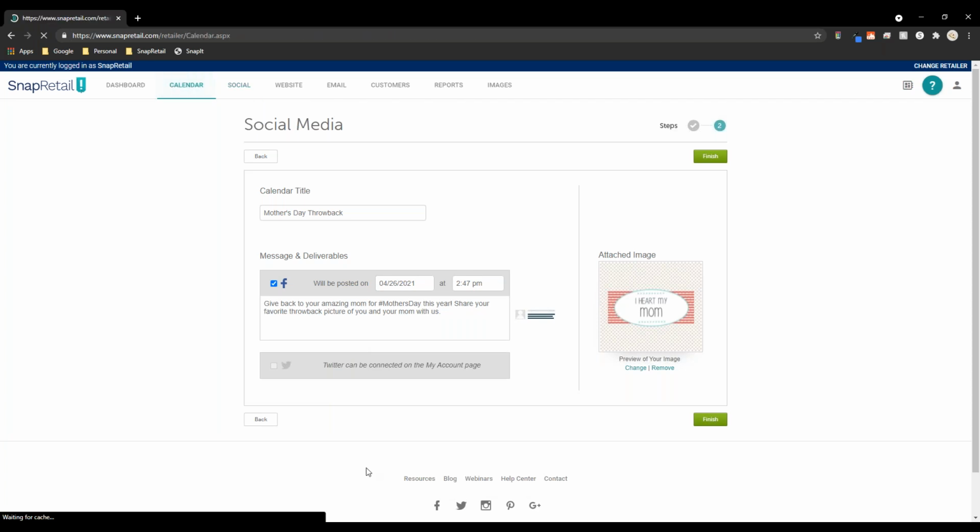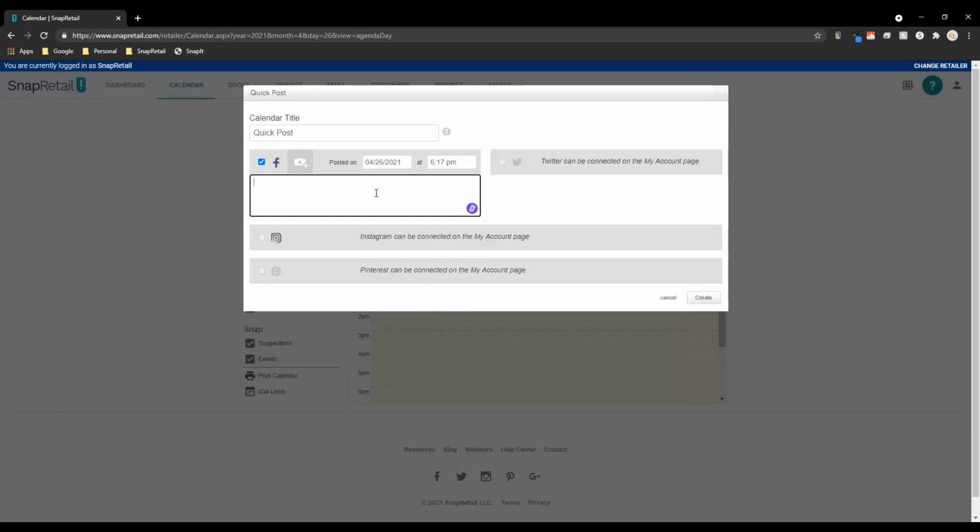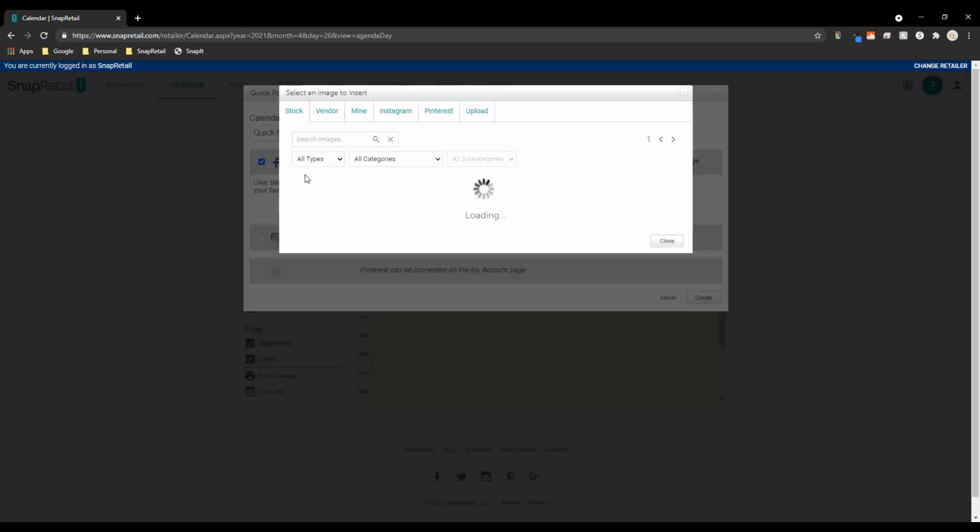I could go to the calendar. I could create a quick social post, and then I could simply paste it in here. Now, I don't even have to edit this. I can paste it as is. I only have to edit it when I'm in the social tab. Grab an image,